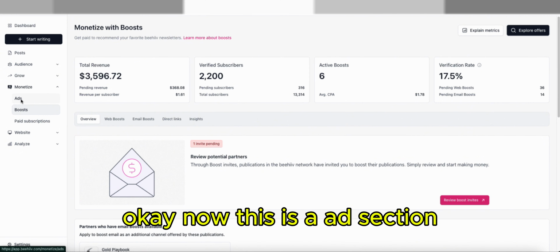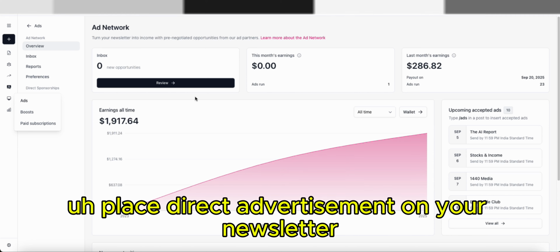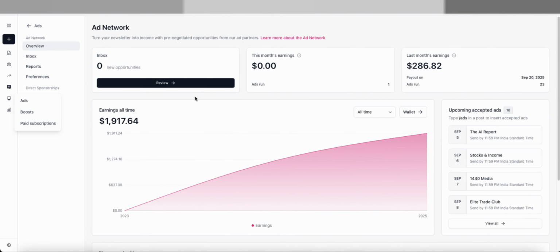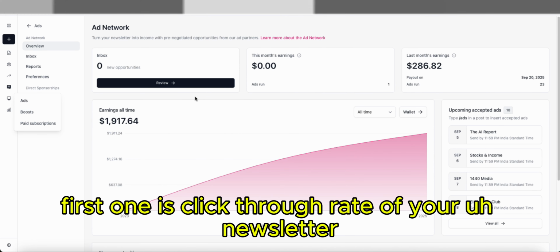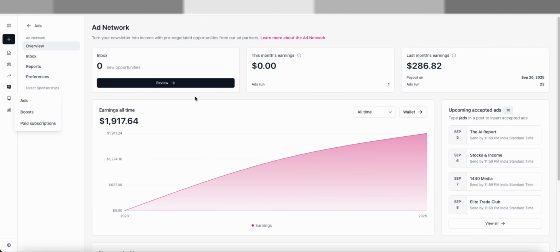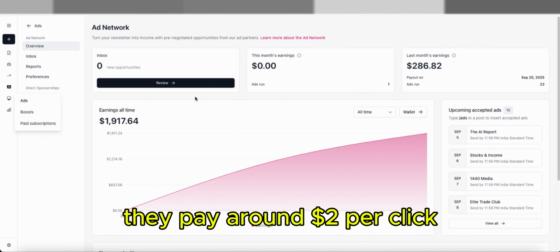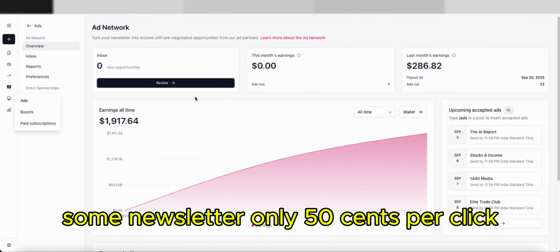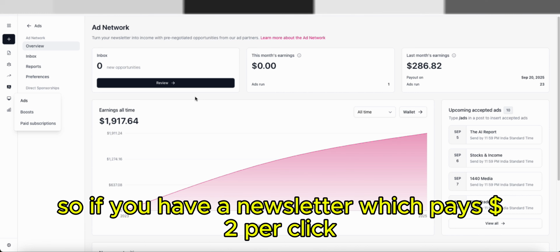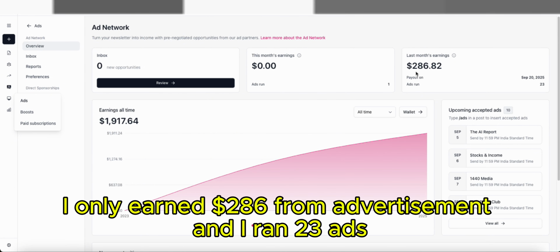Okay, now this is the ad section. That means you can place direct advertisements on your newsletter, but the earning from that advertisement depends on 2 parameters. First one is the click-through rate of your newsletter. If you have a high click rate, you can earn more money. And the next parameter is the amount of money paid by that newsletter. There are some newsletters that pay around $2 per click, and some only 50 cents per click. So if you have a newsletter which pays $2 per click and you have a high click rate, you can earn a lot of money. You can see last month I only earned $286